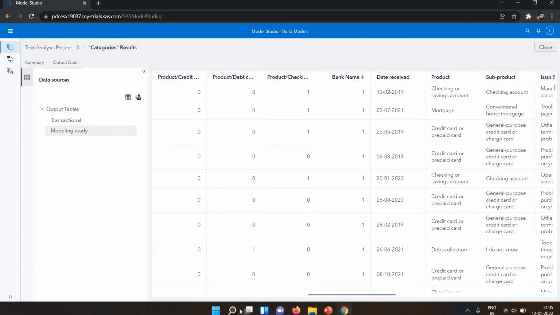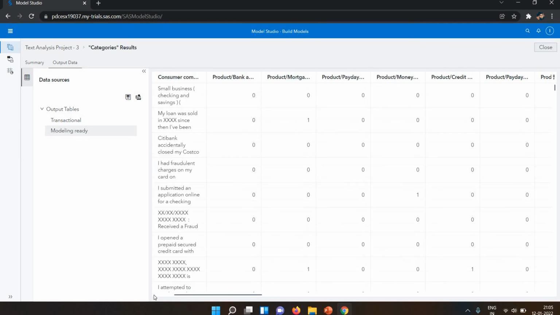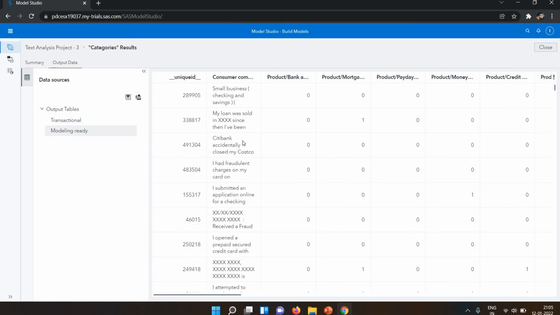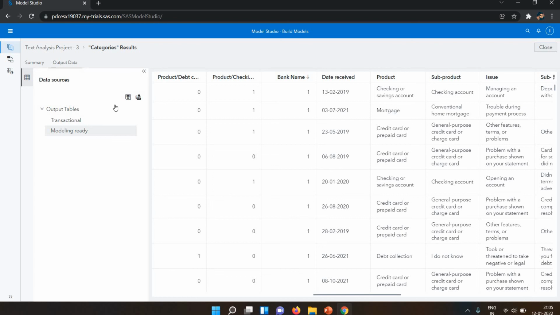Now you can see here, one is here. That means the bank name falls in this particular customer narrative. Here Citibank or American Express Bank is mentioned. That's the reason this bank name is showing as one. Okay, so this is how we are creating the category and how we use this data.